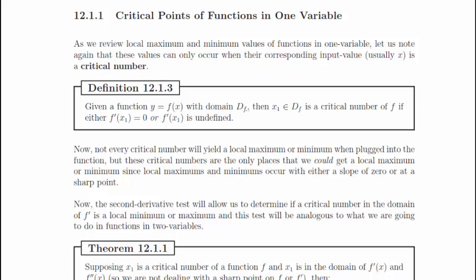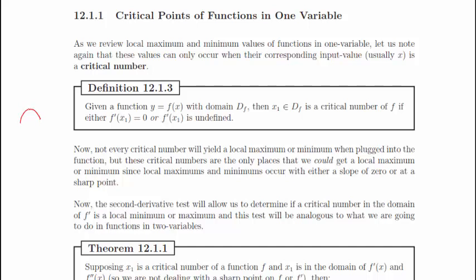Note that within this we already said that x1 is in the domain of the original function, but now we're saying that it's not in the domain of the derivative, and that would cause a critical number. So the reason that this is where we could get our local maximums and minimums is because if I have a maximum,